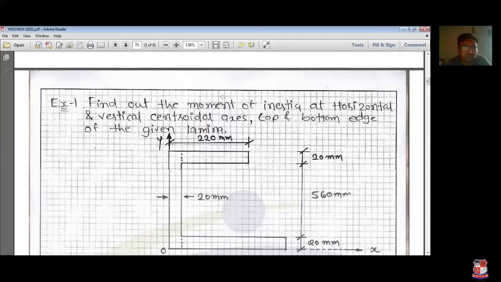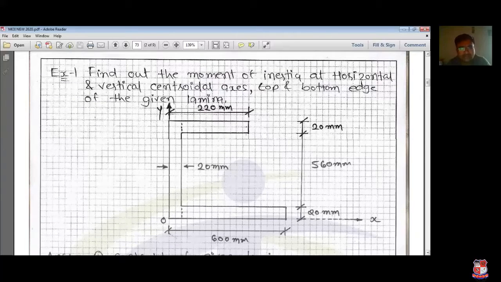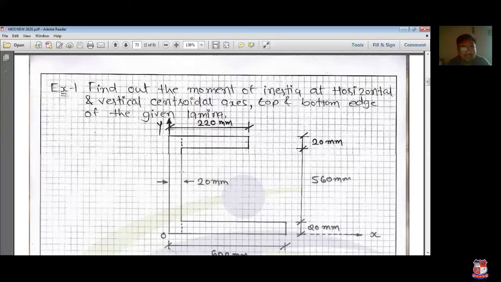So the general procedure we have to follow. First of all, you have to find out the centroid of your object. Whenever you are calculating the moment of inertia, first check whether your reference axes are given or not. If given, follow those reference axes, and if not given, take the outermost axes of your object as reference axes. Then check whether your object has an axis of symmetry. If so, you directly get x bar or y bar depending upon the axis of symmetry.